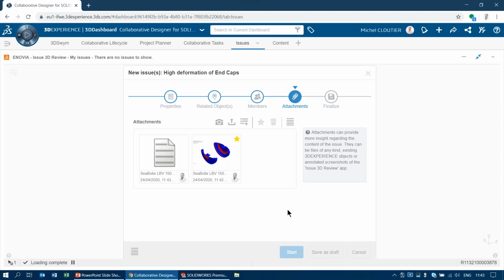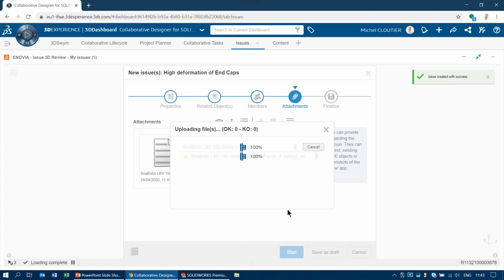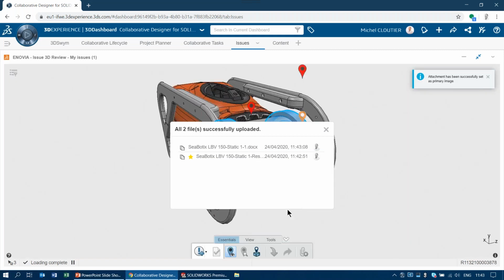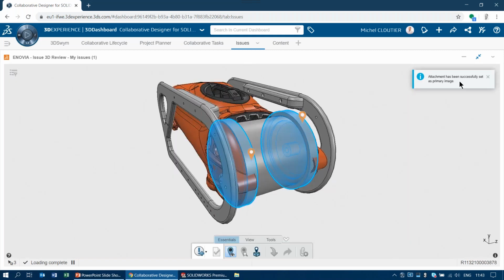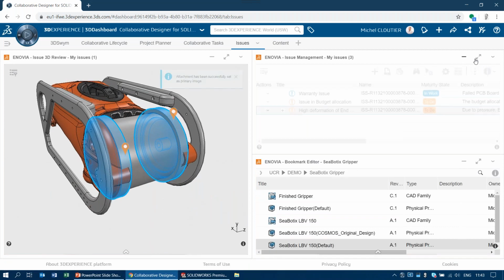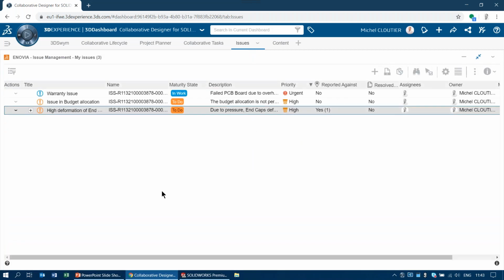So now all of this information is captured. I know exactly what the issue is, who's working on it, and what items it's relating to. I even added some attachments. Now you see the files being uploaded directly to the 3DEXPERIENCE platform. And once this is done, I can minimize this and take a look at some of the other